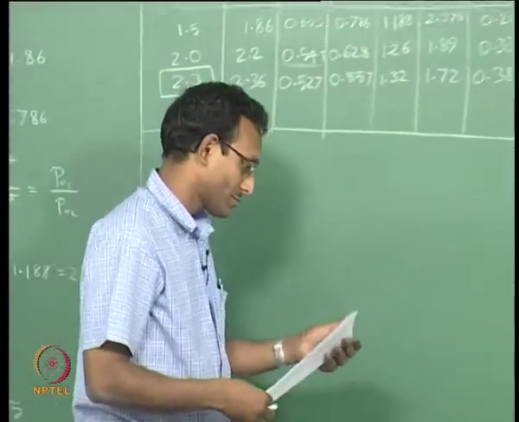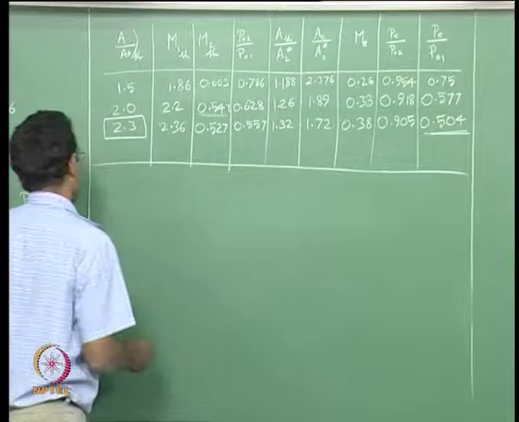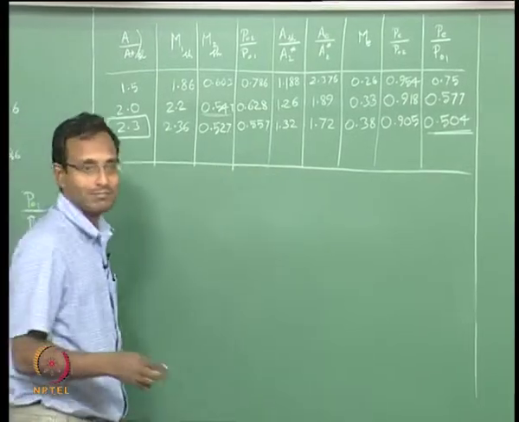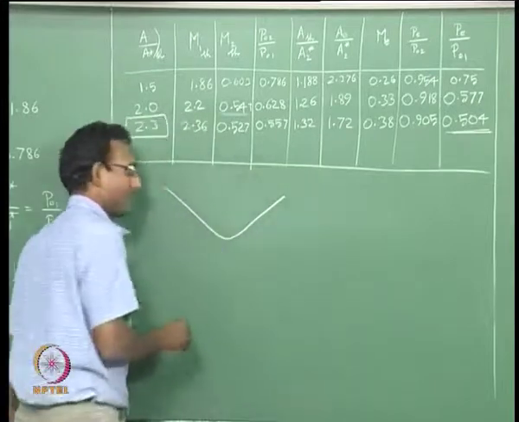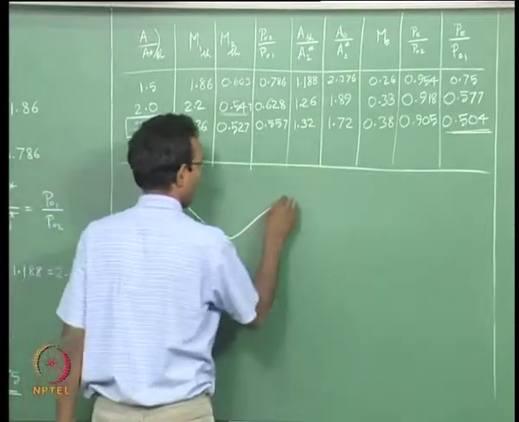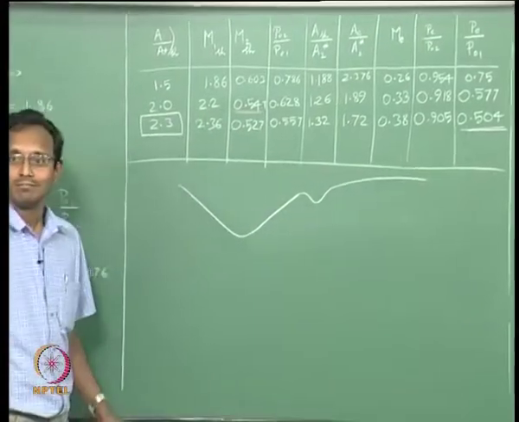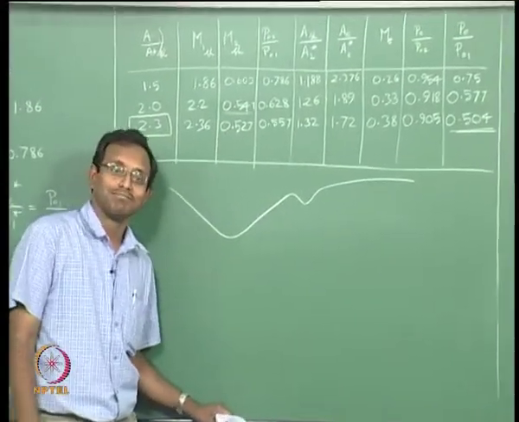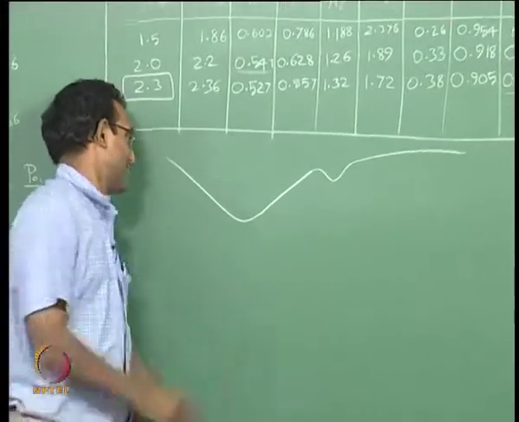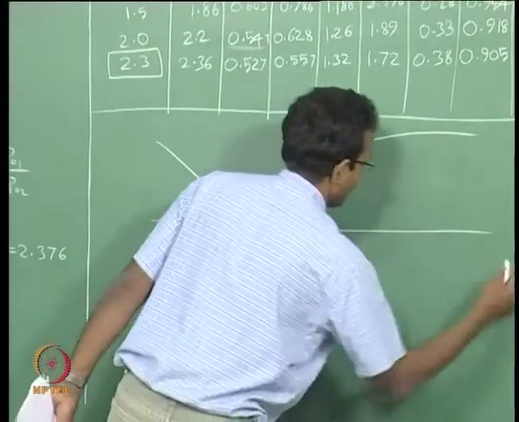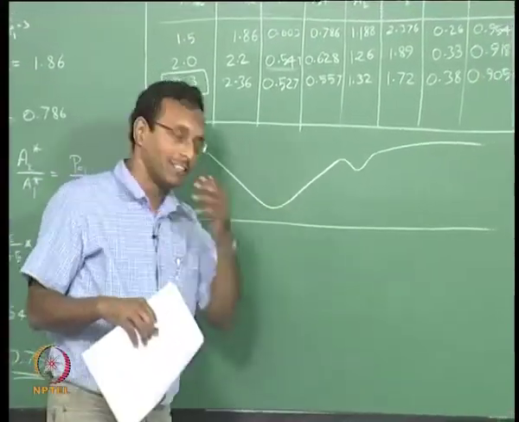Now I will give a more complex problem. Double throat nozzle. I am having one convergent divergent nozzle and it is having a small bump here and then it is going like this. Let us say I have a nozzle like this and I want to solve the problem in this. Let us say the other side is just straight, it does not matter, I am just worrying about area variation because it is a 1D problem analysis anyway.